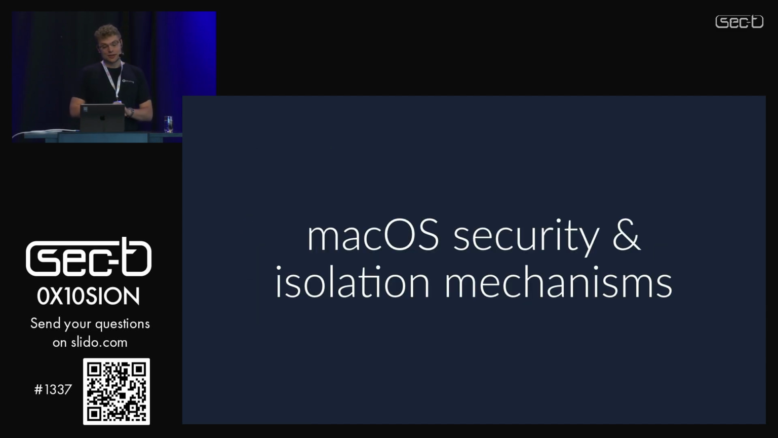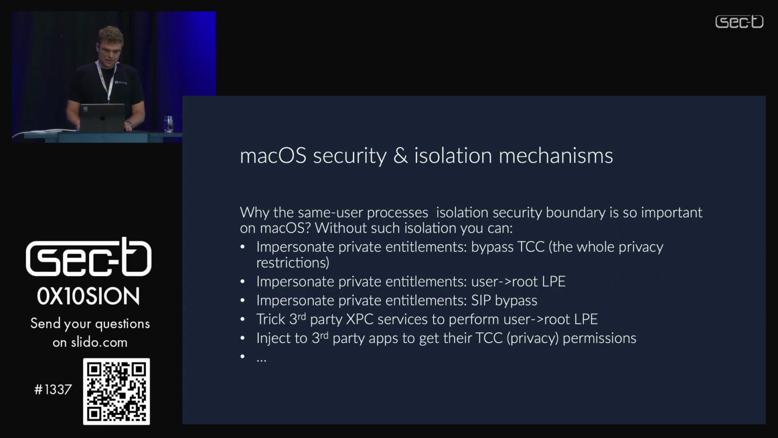So let's now talk about macOS security and isolation mechanisms. Why is cross-process isolation that important? Because without such isolation, you may be able to impersonate private entitlements. You may have an application running with a user UID, but the application has some special private entitlements. What does it mean? It means, for example, that we are able to bypass TCC, which are the whole privacy